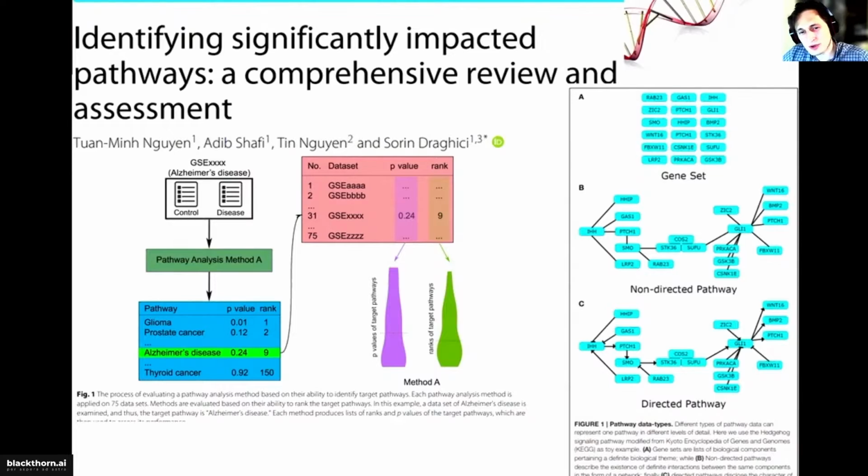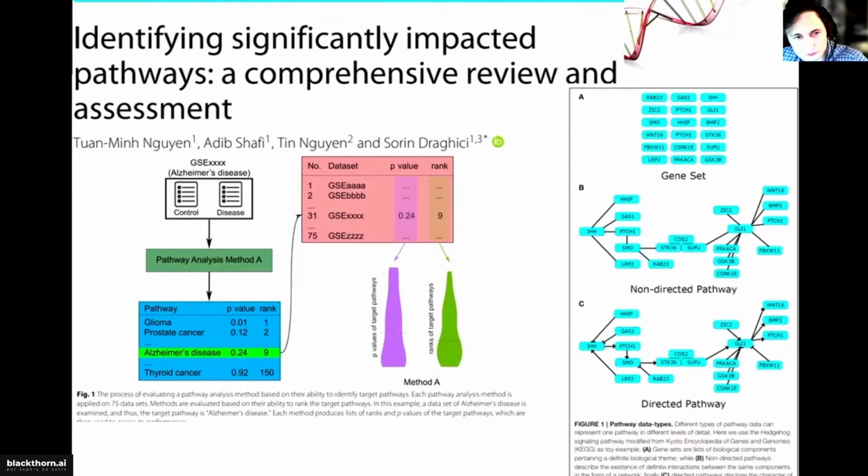Why is this important? Because sometimes we can see quite small changes, but when we propagate them through the pathway, if it is placed in some entry point of the pathway and affects all targets, it could be quite significant, even though the overall amplitude will not be so huge.